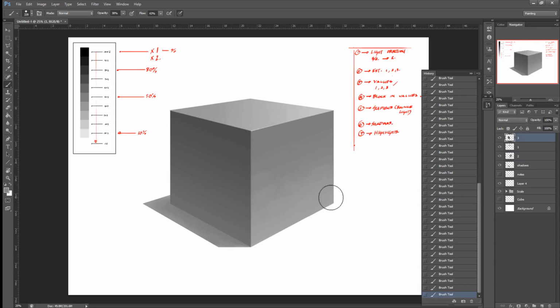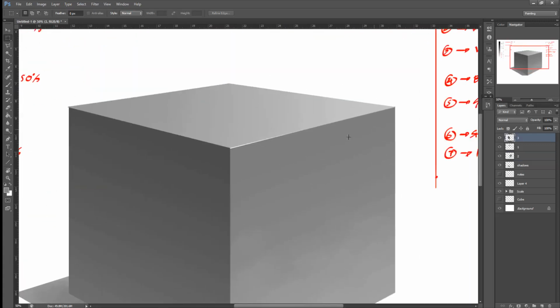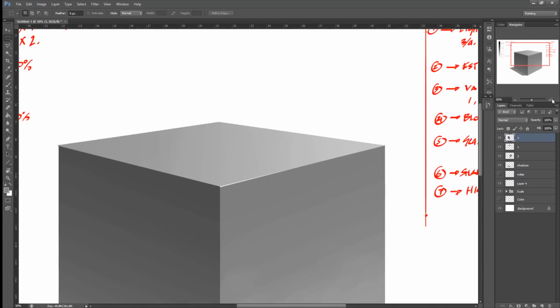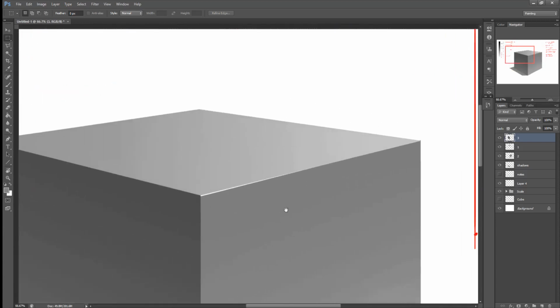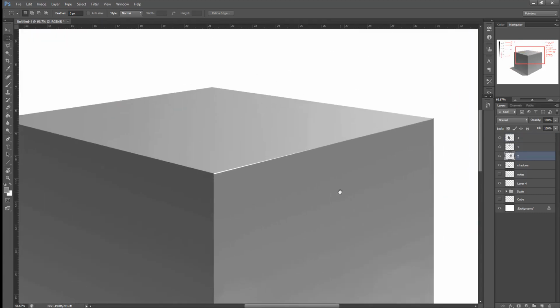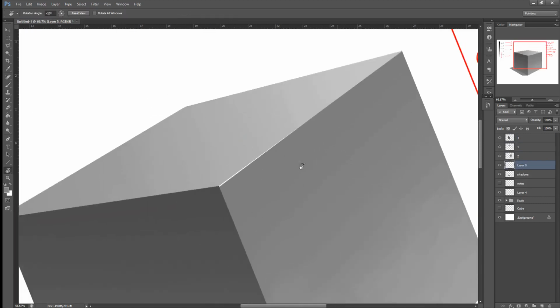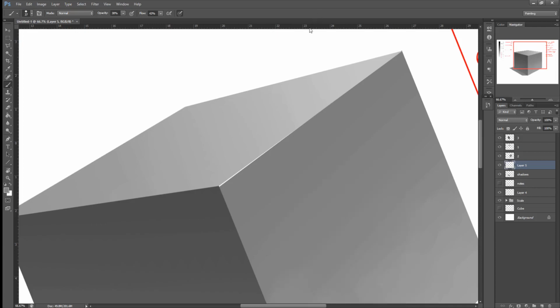Now, let's actually go in and clean up our little gaps and things over here. Obviously, if we zoom in, we can see little elements breaking through and so on. A couple of ways we can change this. The easiest one is simply to create a layer underneath our number 2 value. And because our number 1 is on a separate layer, we can simply select the value that we want, bring up our opacity and our flow,